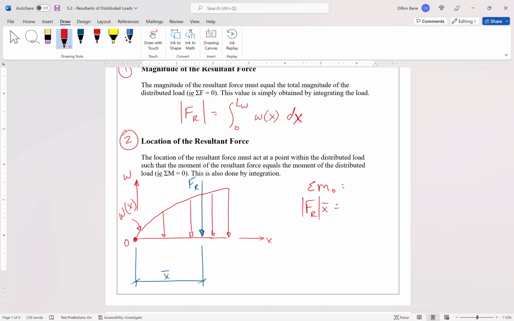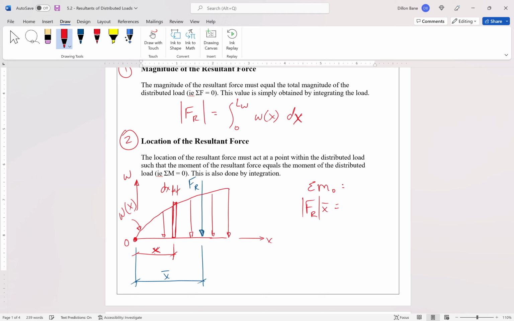Well, the moment from the distributed load about point O becomes just a little bit more complicated to understand, right? So we have to put it in integral form. What we're going to essentially do is imagine a vertical strip, and we're going to integrate it horizontally. So you may go back to Calc 2 or something right here with these integration strips, right? I'm going to say that this integration strip is X. You know, I'm going to idealize it as a rectangle